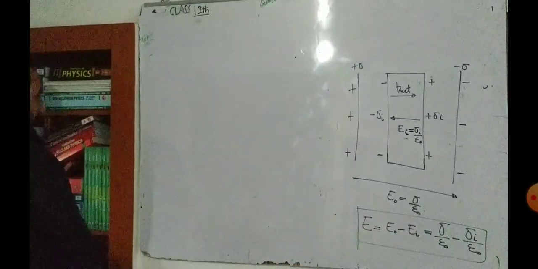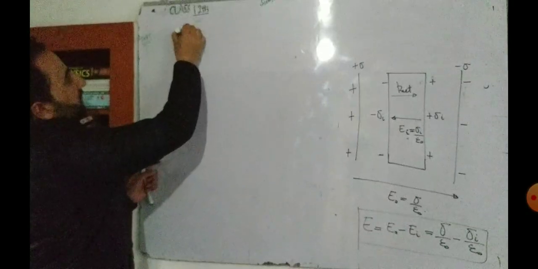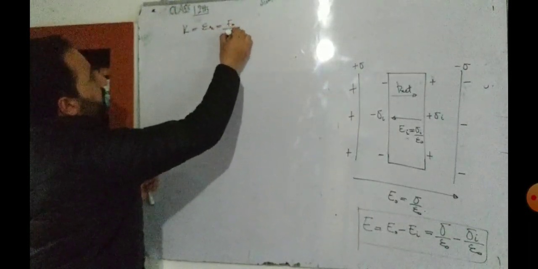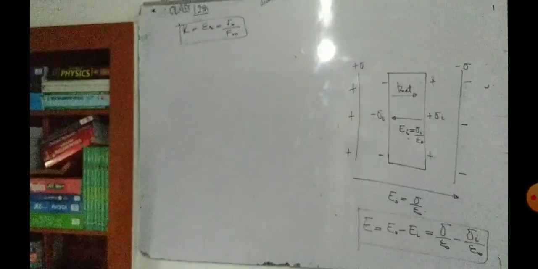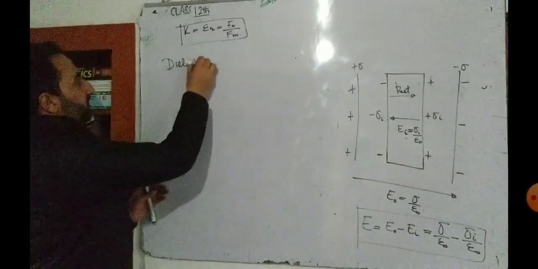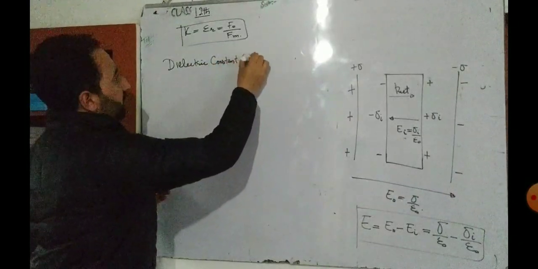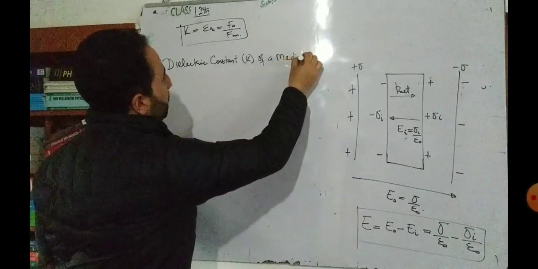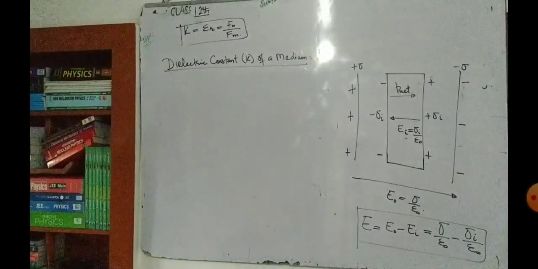और हमने प्रूव भी किया था, अगर आपको याद होगा. इलेक्ट्रोस्टैटिक्स में हमने ये पढ़ा था K is equal to epsilon divided by epsilon naught, that's equal to F naught divided by F m. अगर आपको याद होगा, it's like this. ठीक है ना बेटा? So again we define that. So here I will write down dielectric constant, denoted by K, of a medium or of a dielectric. ठीक है ना बेटा? Okay, so dielectric constant is like this.